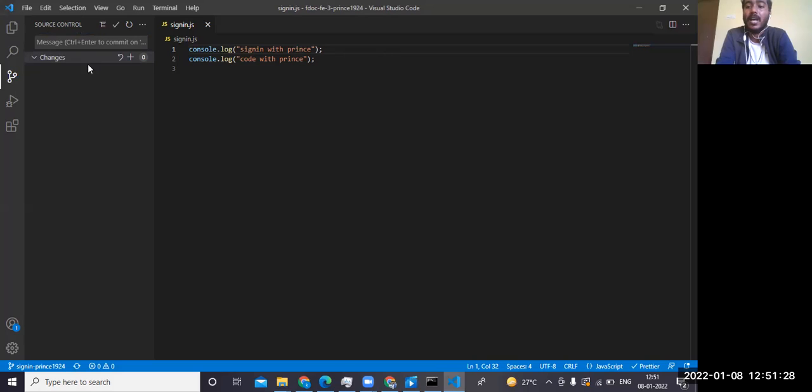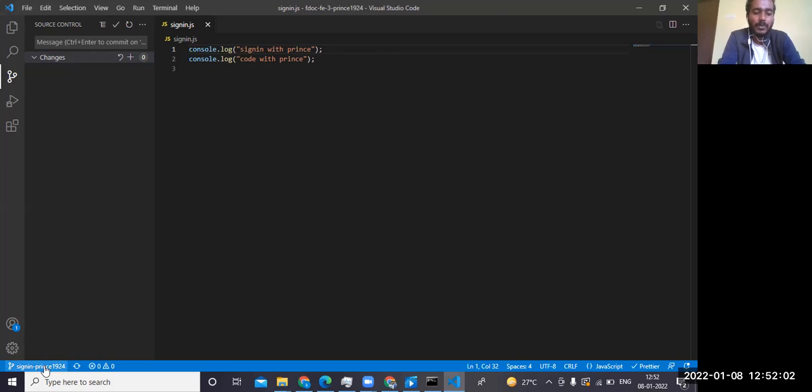Sometimes you might get conflicts when you merge two branches, because in some cases it won't be able to do the automatic merge. In that scenario, it might get confused and give you an error, something like conflict. It's very simple: it will show some blue arrow, as I showed you, accept incoming change or current change, and you can just choose that, save the file, stage the changes and commit it.